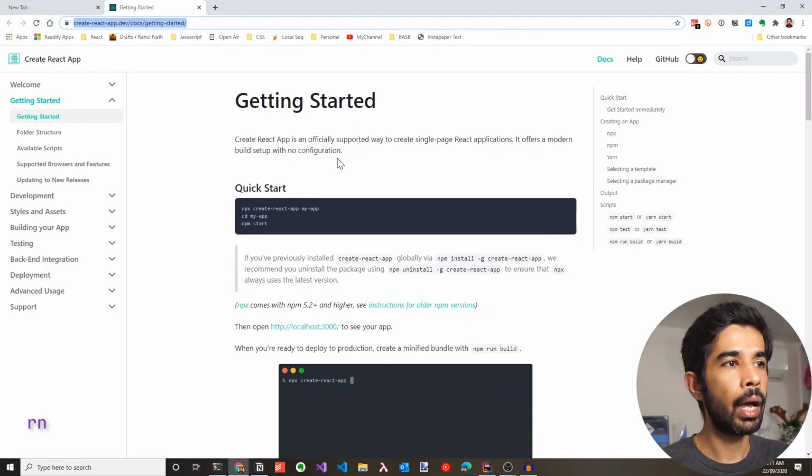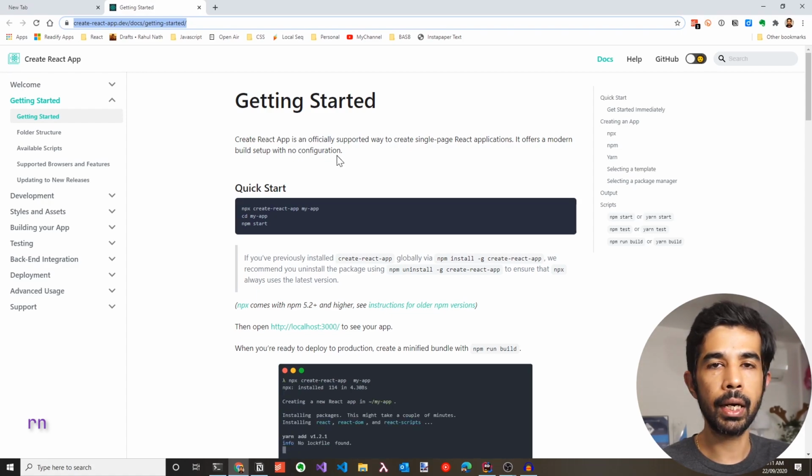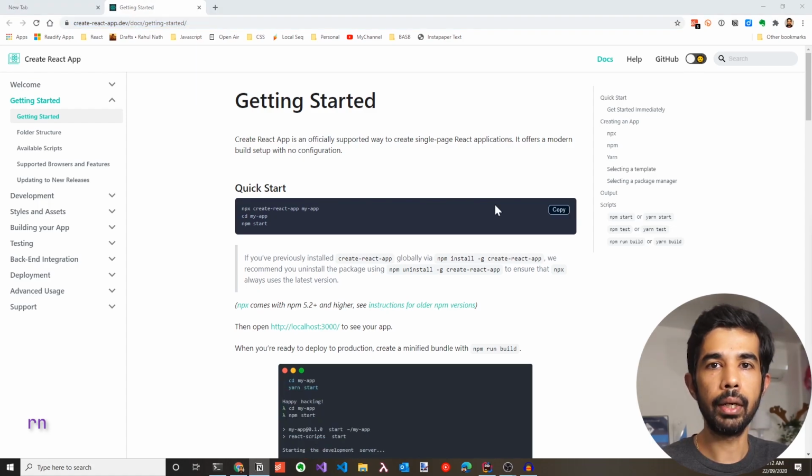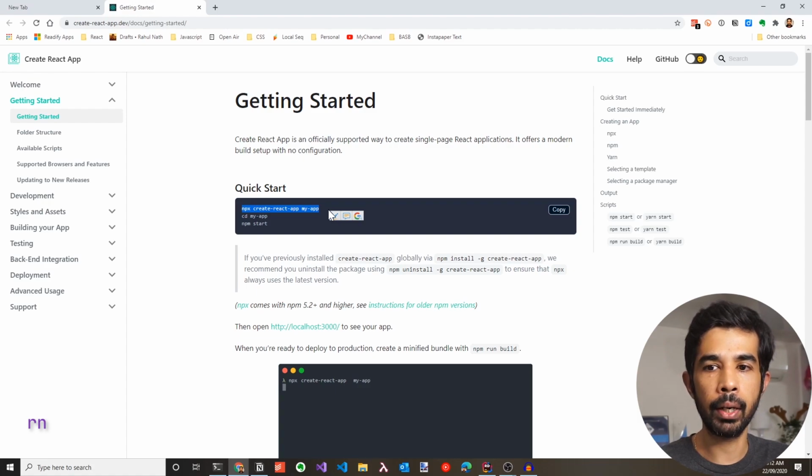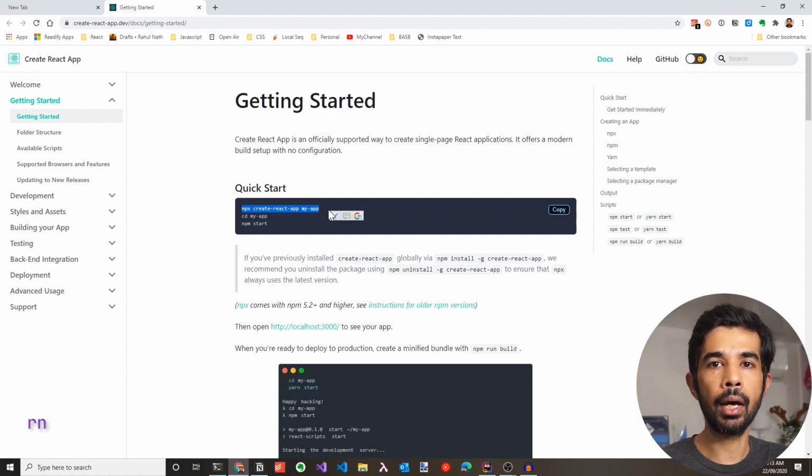Create React App is an officially supported way to create single-page React applications. It offers a modern build setup with no configuration. This is maintained and supported by the creators of React itself. The React template bundles this into the ClientApp folder. There are slight differences between the one that you would have created using npx create-react-app and the one that is created by the template. However, the capabilities are the same.